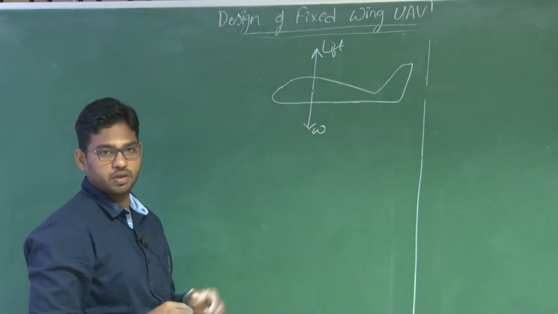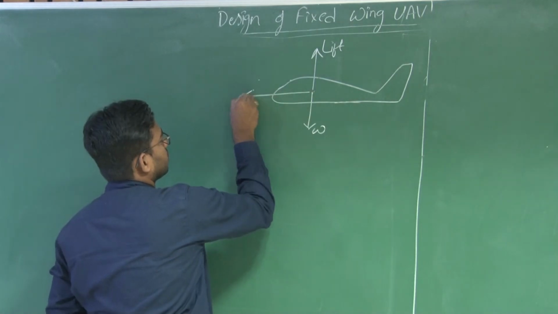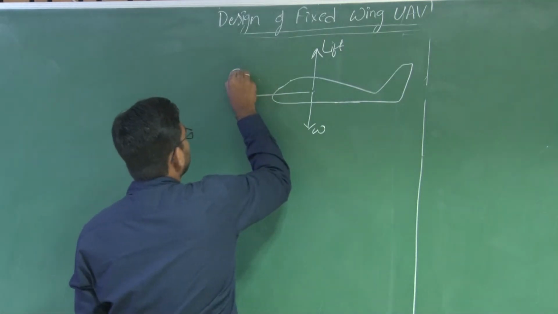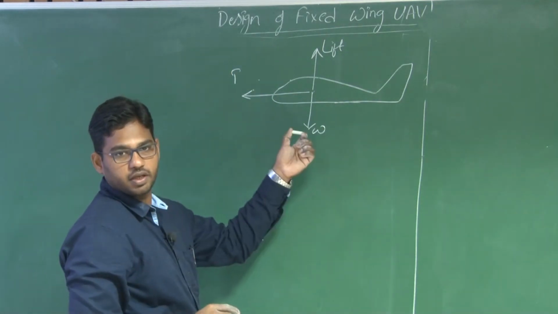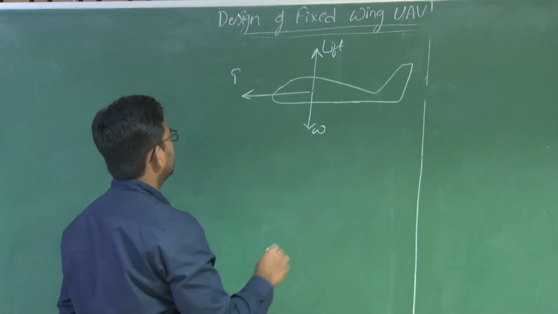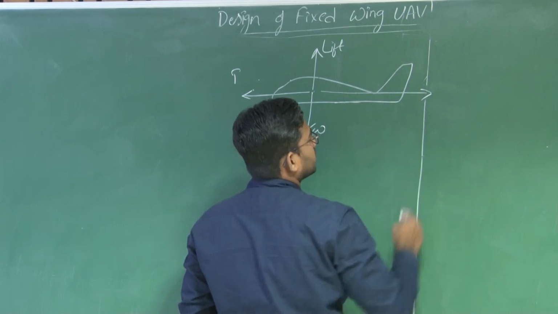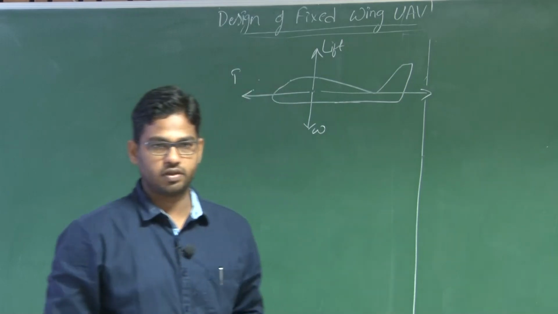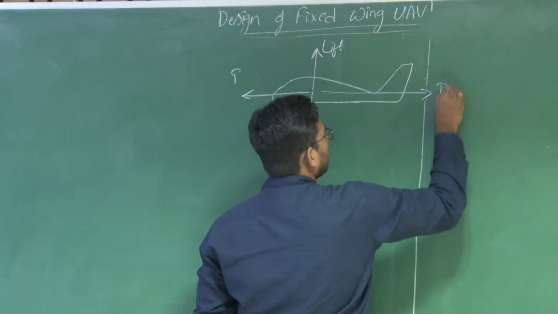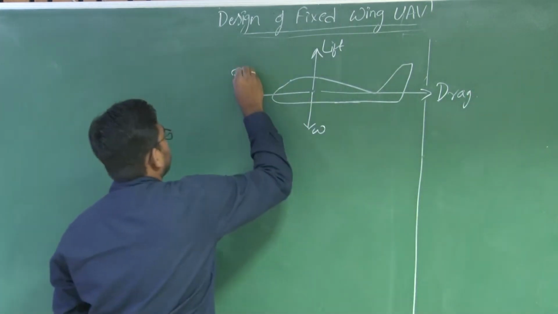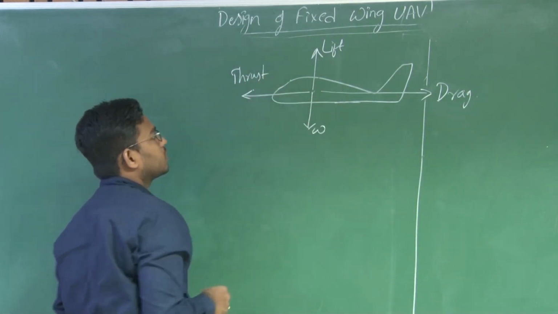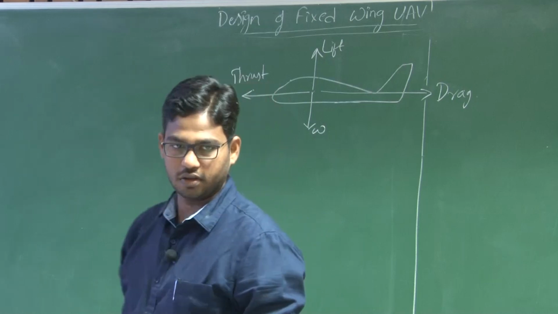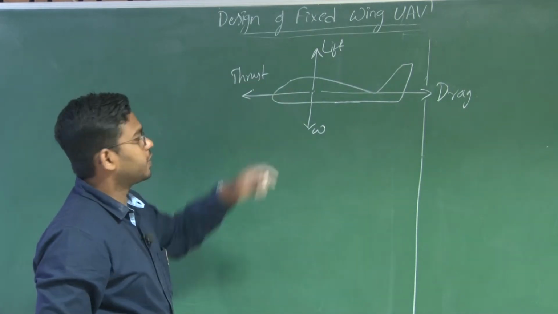Since we are talking about a fixed wing UAV, we need to move this aircraft at a required velocity. Who is moving this aircraft? Thrust is the force that is helping the aircraft to move at the required velocity. And there is some penalty at the same time for generating lift, as well as since we are moving in a fluid, there can be friction, because of which there is an opposing force called drag. These are the 4 forces that we need to study first, to understand before we start designing it. Now, who is generating lift?